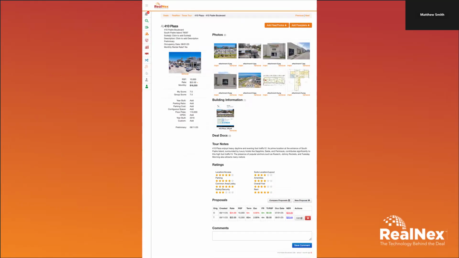Now, when your property is fully built and loaded, which doesn't take much time at all, something like this takes me a few minutes. Now I'm adding in the property information. I hit add files, photos, and floor plan, drag and drop them. You can add tour notes. Anybody can add tour notes and comments. Ratings and location are all customizable,